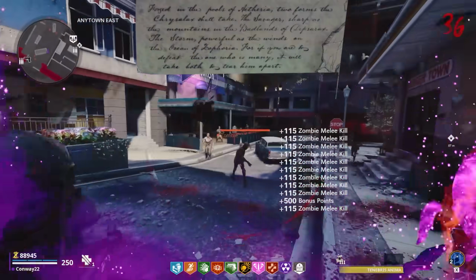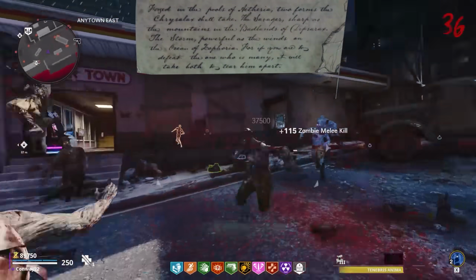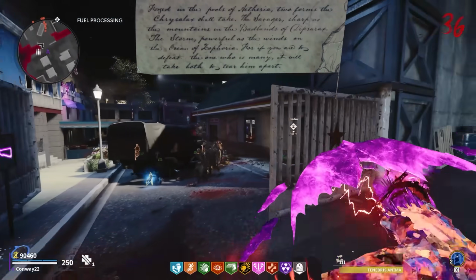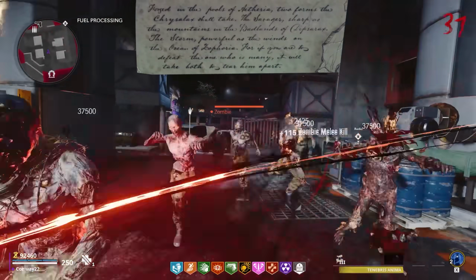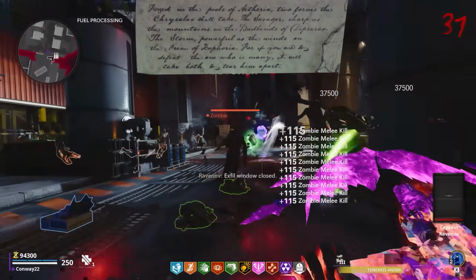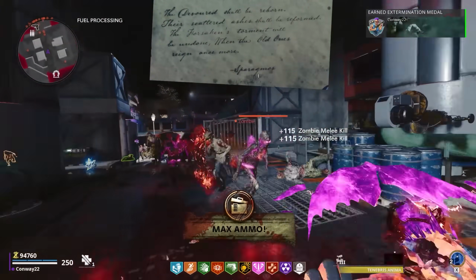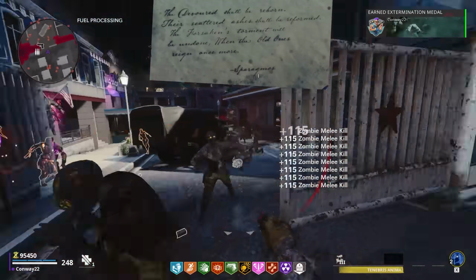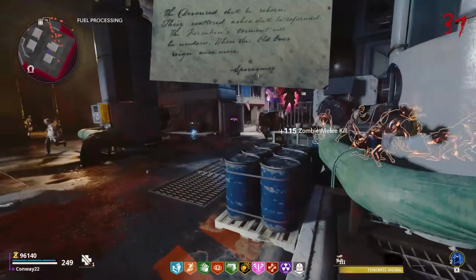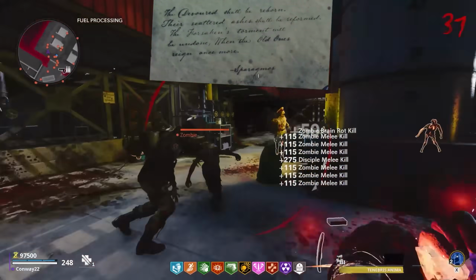Forged in the pools of Ethereum, 2 forms the Chrysalax shall take. The Savager, sharp as the mountains in the badlands of Disparax. The Storm, powerful as the winds on the ocean of Zephoria. For if you are to defeat the one who is many, it will take both to tear him apart. The Devoured shall be reborn. Their scattered ashes shall be reformed. The Foresaken's torment will be undone when the old ones reign once more. And that's signed with the name Sparagmos,